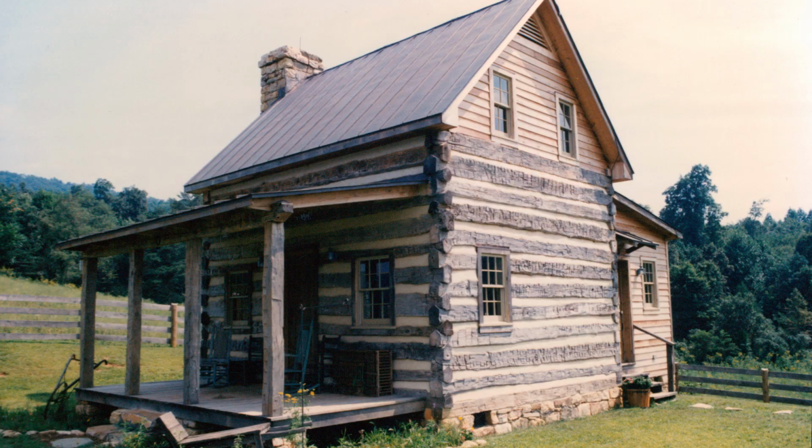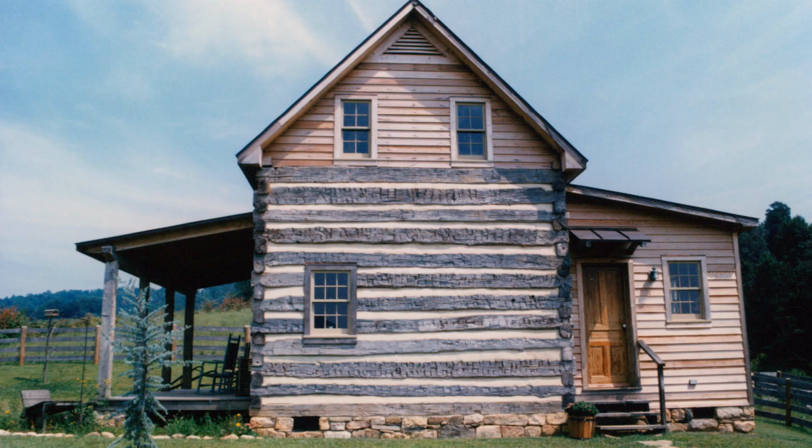It's also the side where I counted on any future addition that might be built on this log cabin to come off of, and indeed that's what happened. See this particular window right here? Well, years later, I would start up my chainsaw and convert that into a doorway that would lead into the future home. And this little log cabin that served the clients so well would become a much treasured retreat den